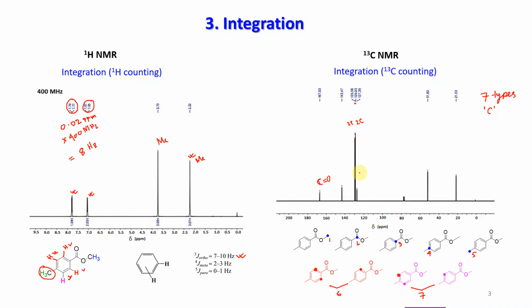Now individually if you take and compare with this 1 carbon, what you are getting here is your 2 carbon, that is also a quaternary carbon, you don't have any hydrogen attached with it, okay, and the C double bond O, that carbon is also quaternary, you don't have hydrogen attached with it, okay.